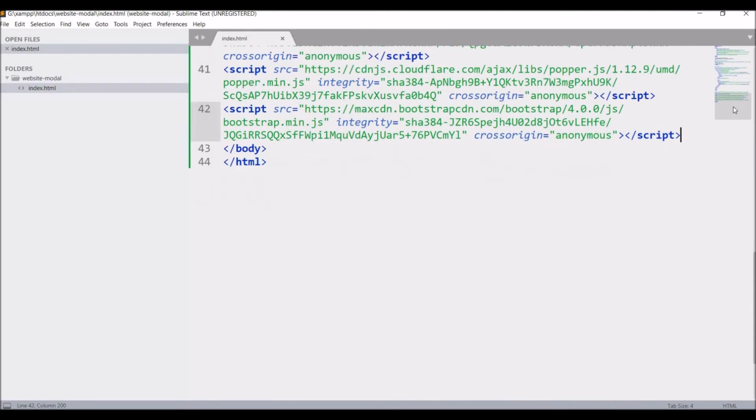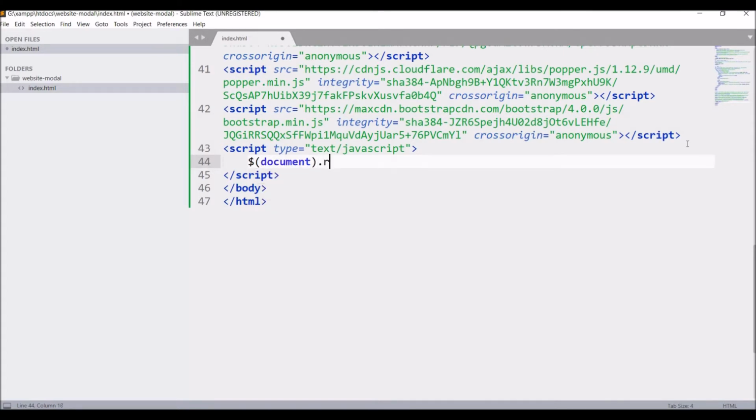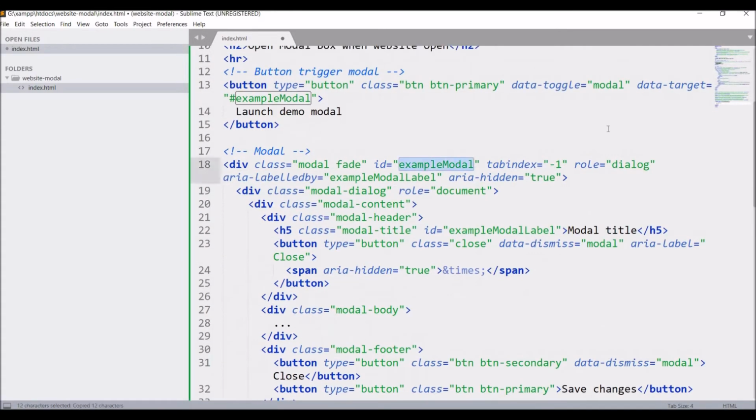Firstly, let's write one script tag, and inside the script, write the document.ready function. Inside that function, I'll be opening my modal box using JavaScript. So write dollar, and inside brackets pass the ID of your modal.